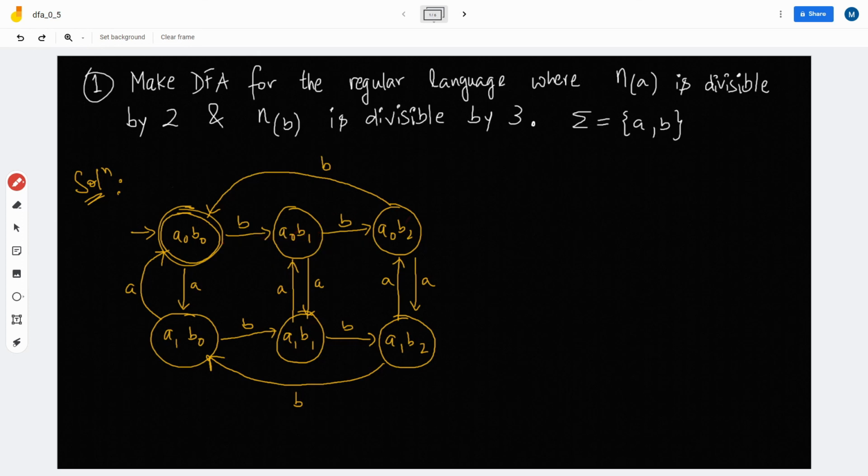So 2 A's 1 B, if we come here 2 A's 2 B's, and then if we come here 2 A's 3 B's, which will be accepted. Okay, so this is very simple guys. You try out other paths. If you go anywhere, you will end up back here and your condition will be satisfied. So there will be only one final state and 5 non-final states.